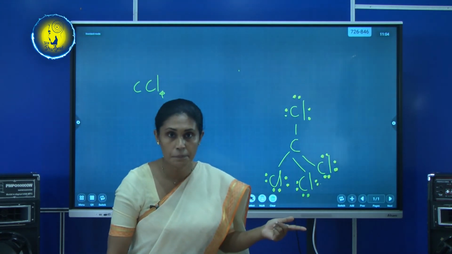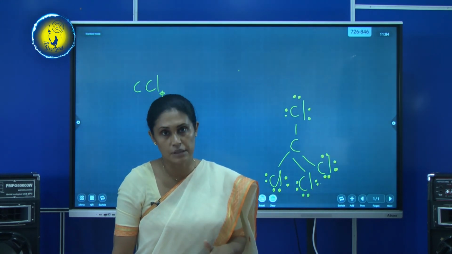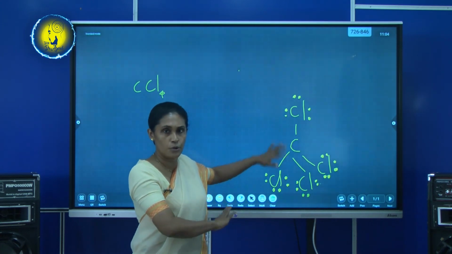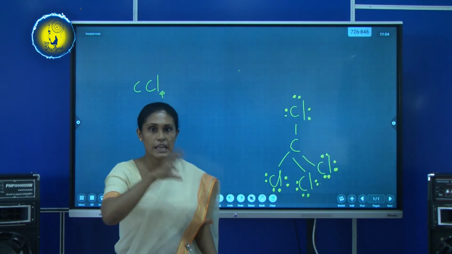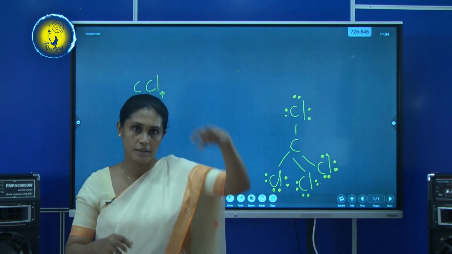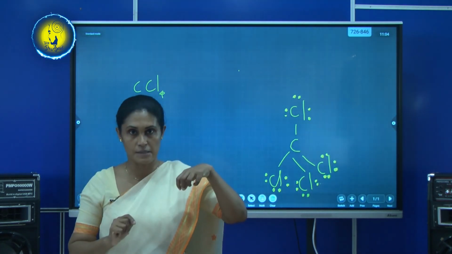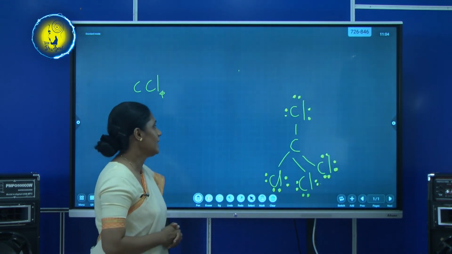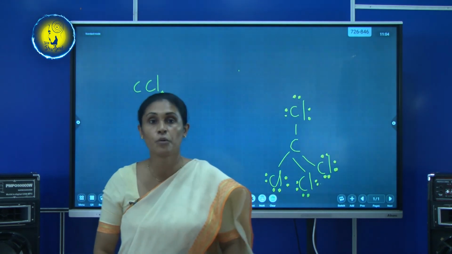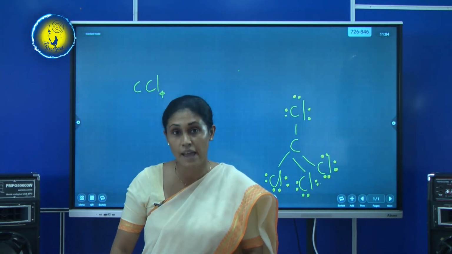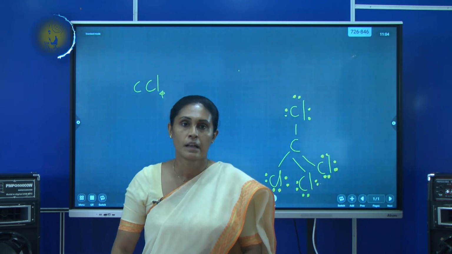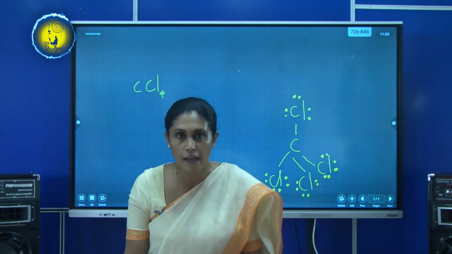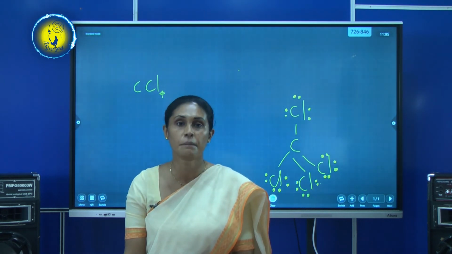So what is the shape? Tetrahedral, right? Though you see this on the 2D board, you should take it to 3D and identify how it comes. Hope you can understand this well, and I hope you will practice more and more Lewis dot dash structures at home, and keep your note and the video with you and compare them. If you have any doubts, we can clarify them in the future.